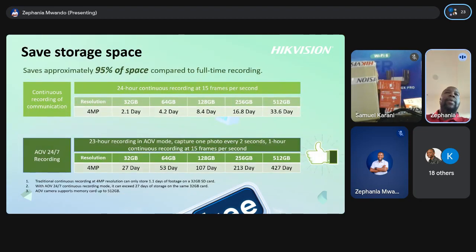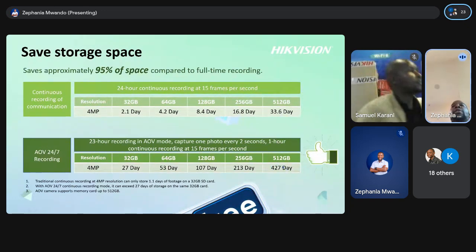Then when the storage space, in terms of storage calculation, if you're doing continuous recording, with a 512 GB memory card, you can do 33.6 days. But when you're doing AOV 24/7 recording, with a 512 GB, it can cover more than a year, for 27 days. So you choose your deployment options, but it says AOV technology actually saves 97% of